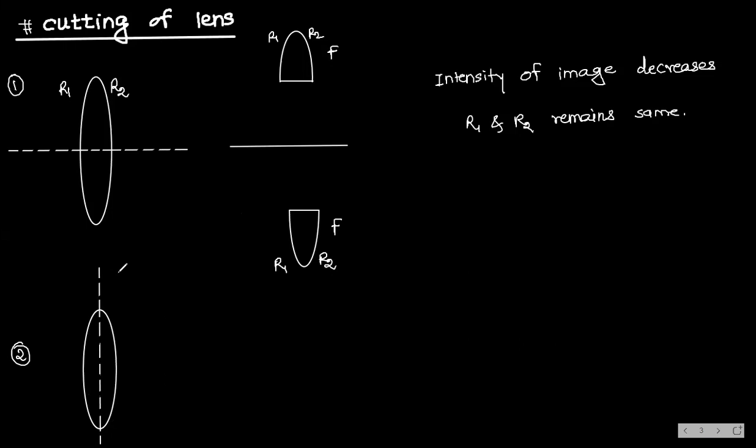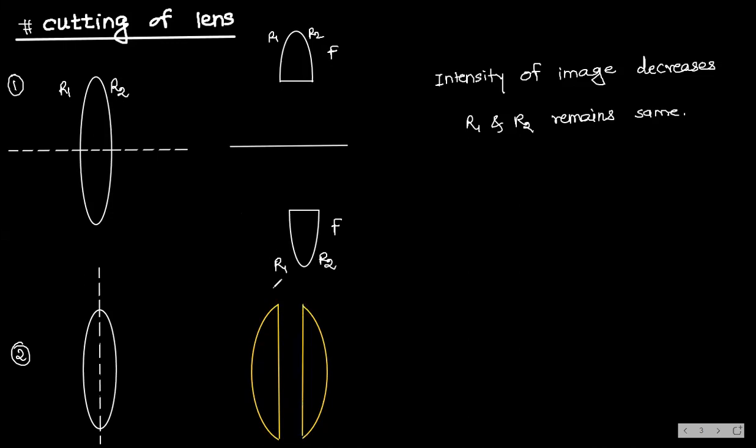This is the line along which I am going to cut this lens. Now I will have two parts, right? After cutting, how it will be, see here, I am showing with yellow color. After cutting, these two parts will be something like this. Okay. Understanding? This is the first part and this is the second part.